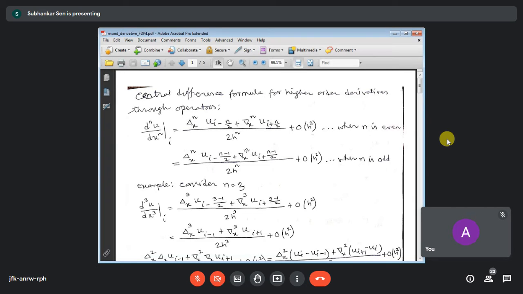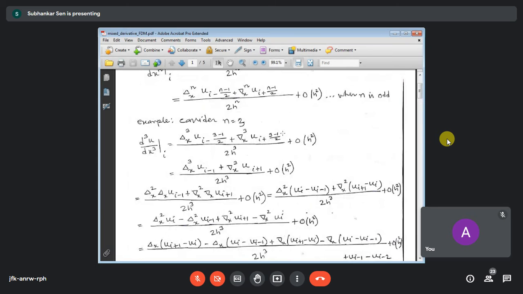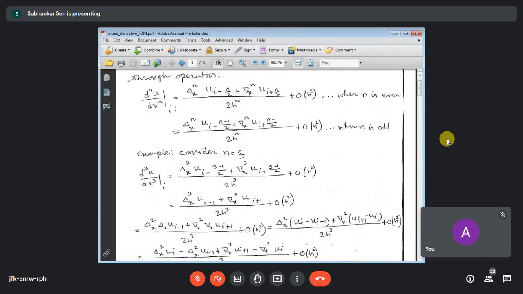And when you are going for the third derivative, for the first derivative, the formula is u(i+1) minus u(i-1) by 2h or 2 delta x. So x to the power 1, so here h to the power 1. And when we are going for an illustrative example, let us consider n equals 3. In this formula, n equals 3 goes for this odd n. We shall put n equals 3 wherever there is n. So n equals 3 will give you d3u/dx3, the third derivative.